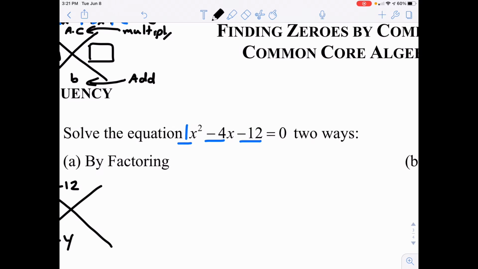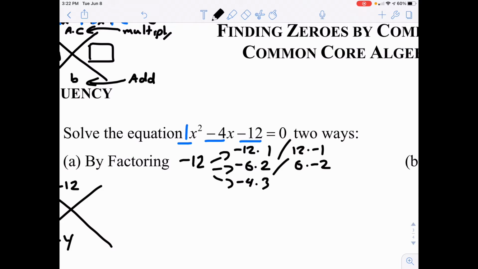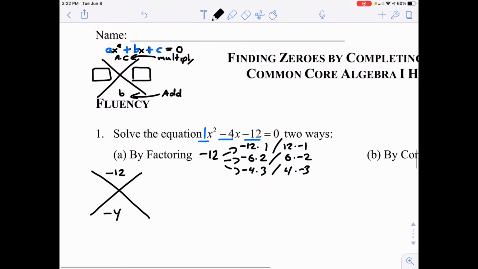So I like to start off with my products, my factors of -12. What are my factors of -12? Well, -12 and 1, or 12 and -1. I could do 4 and -3, or -6 and 2, or 6 and -2. I could do -4 and 3, right, or 4 and -3. And I believe that's it. Now, out of these, which are the only ones that are going to add up to -4? Well, specifically, it's going to be this one right here,